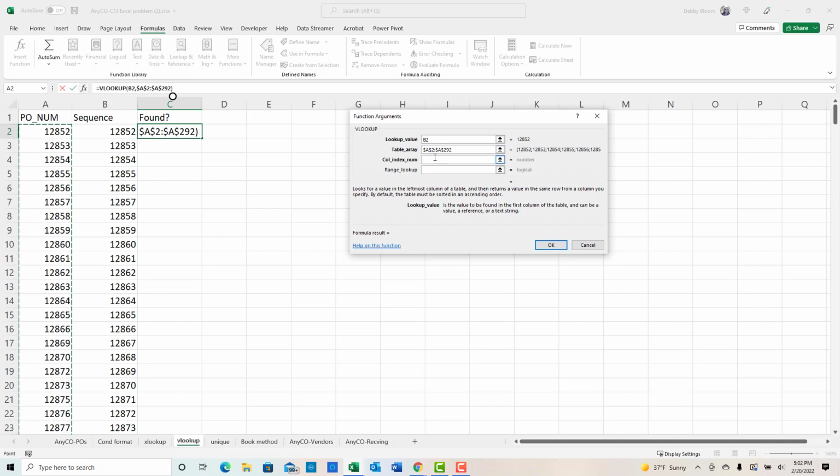Now, what I wanted to do is return the number in column 1 because there's only one column. So what's going to happen is if it finds the number in column A, it will print that number. But there's no if not found. Now what's very important in using a VLOOKUP is to put in the range lookup the word